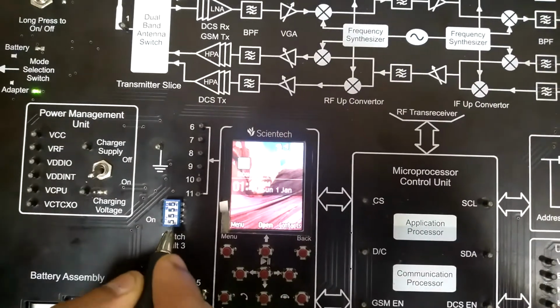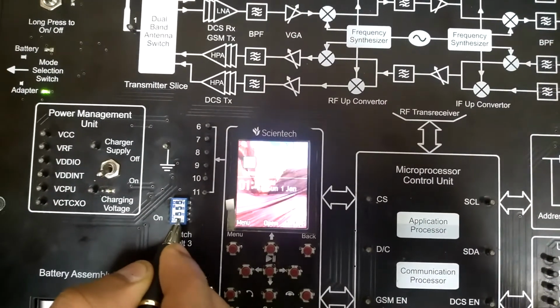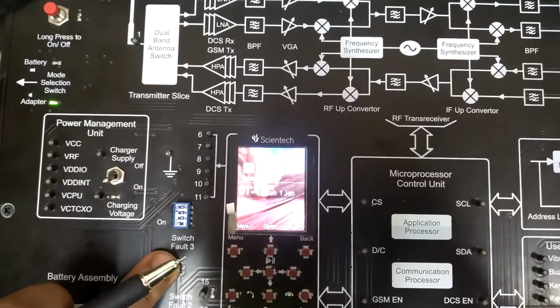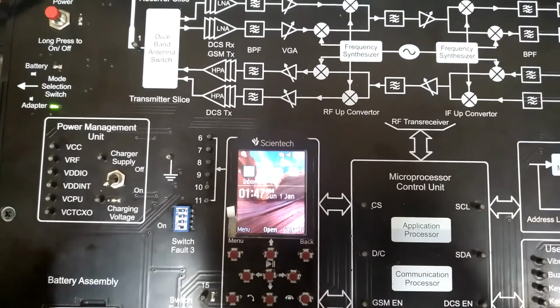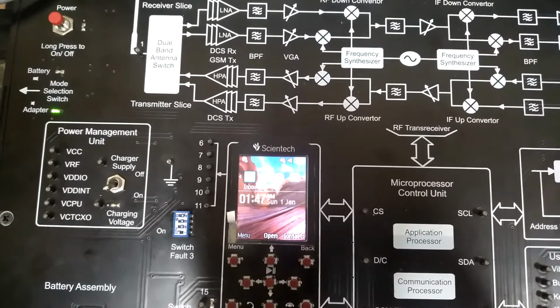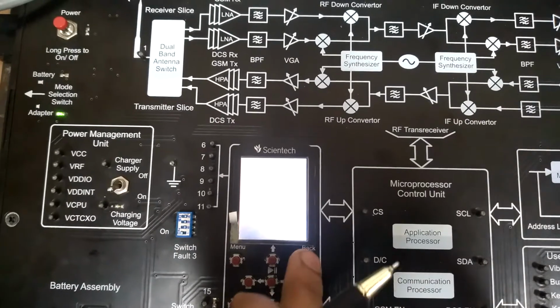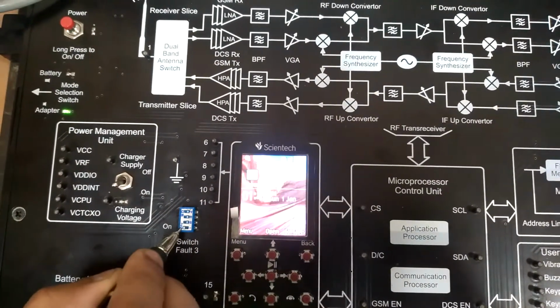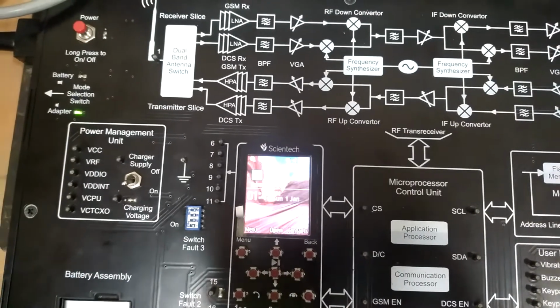I am creating the switch 1 fault. Now you can see after some time the display dims and turns off, but the backlight is still on.